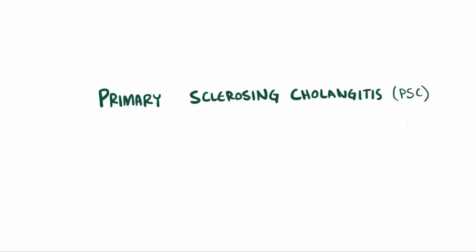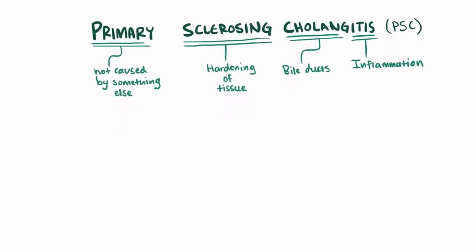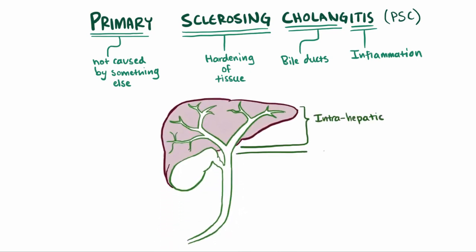The name primary sclerosing cholangitis, or PSC, is actually pretty straightforward. Primary refers to it not being known to have been caused by anything else. In other words, it isn't secondary to something else, right? Sclerosing means hardening of the tissue, and cholangitis is inflammation of the bile ducts. So with PSC, we have this fibrosis and inflammation of both the intra and extrahepatic ducts, so inside and outside